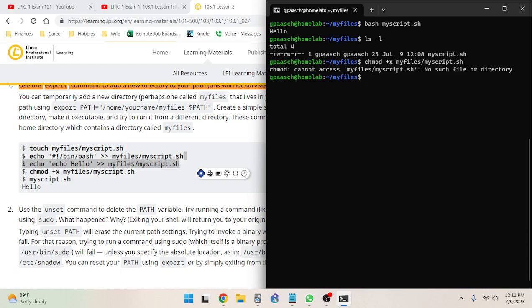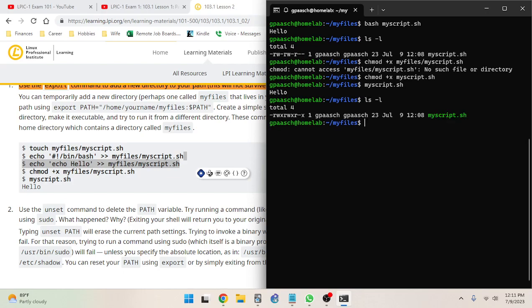Oh, I'm already in the my files directory, so I don't need to specify this. Okay. And there we go. That was the problem. There was a lowercase x. Now if we do an ls -l, we see we do have executable permissions on there, so we can run this